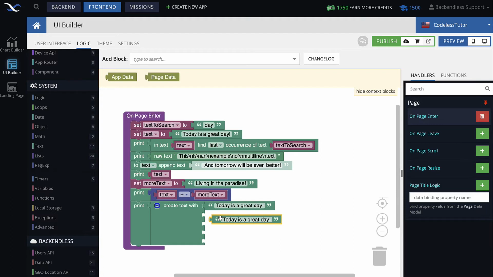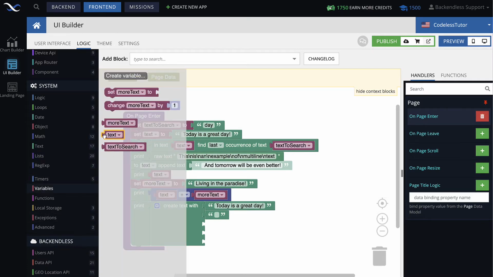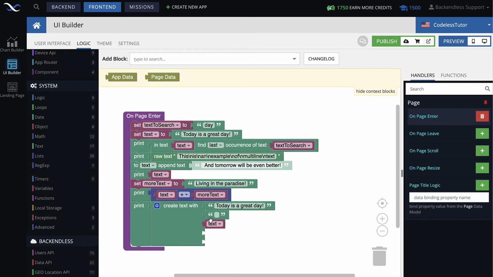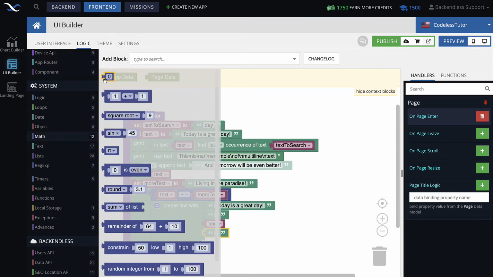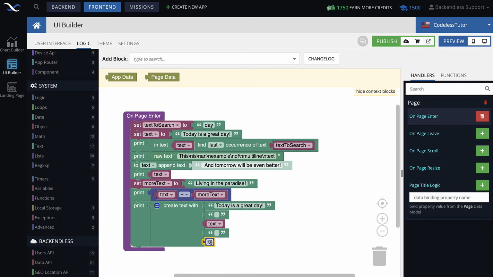So here's how it can go. This one can be just a space. And then in here, we can take a variable, for instance. Here's this variable text. And then another space if we just want to keep separating them with spaces. And then if you want to add some numbers, or if you want to add anything that really has visual representation, you can connect them here. Let me see if actually adding numbers will work here. Yes, it does. So some number kind of doesn't make sense, but this is for demonstration purposes.